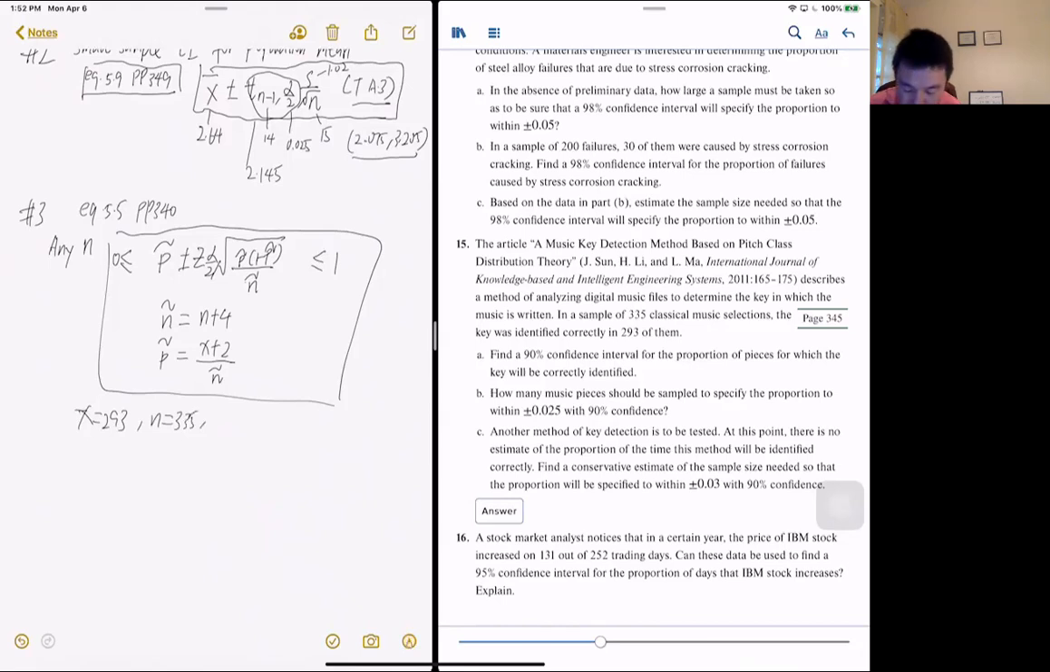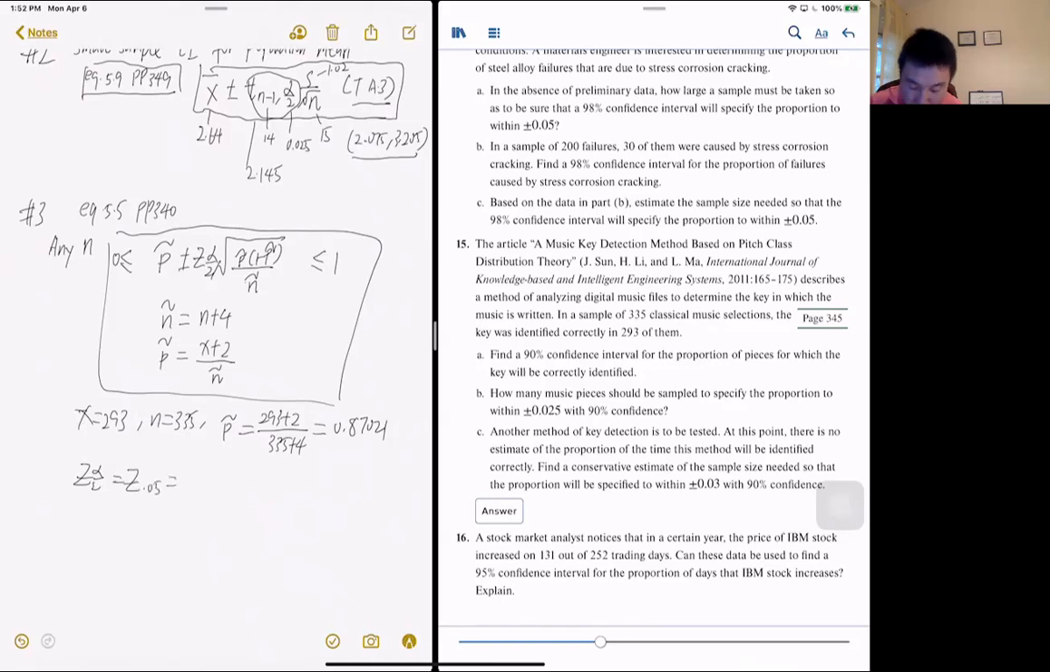Okay, so the modified proportion based on this equation is 293 plus 2 divided by 335 plus 4. Okay, so the sample proportion, the modified proportion, is this. The half alpha is easy. This is a 90% confidence interval. So this is